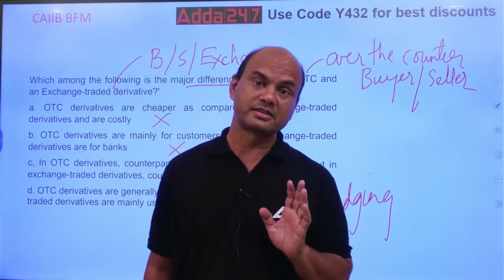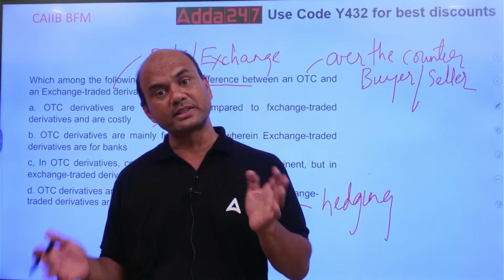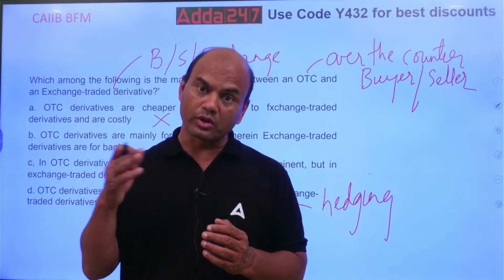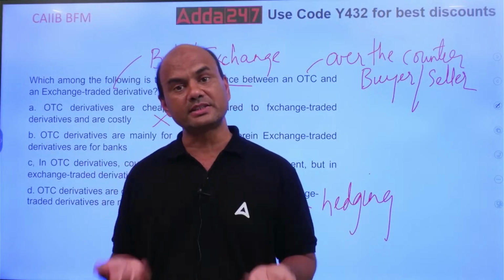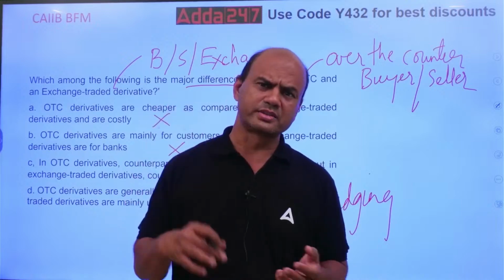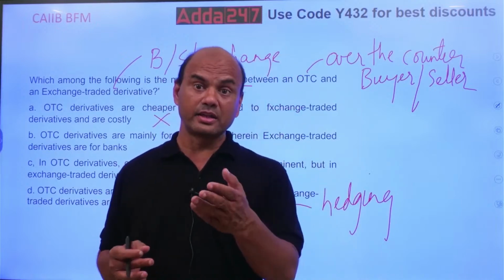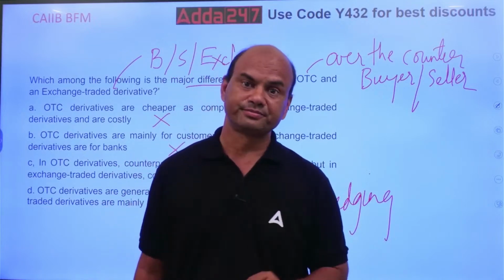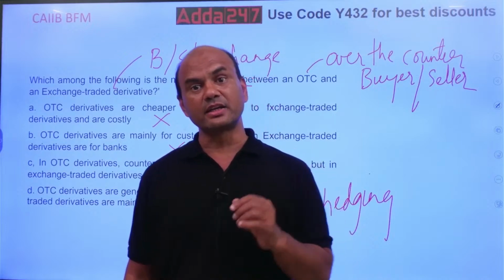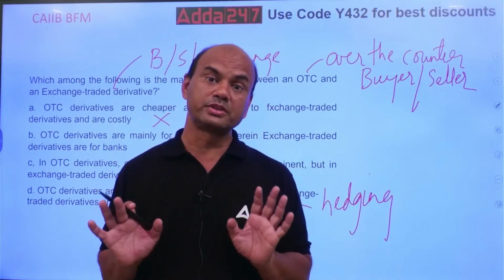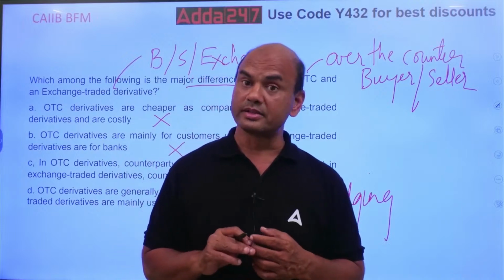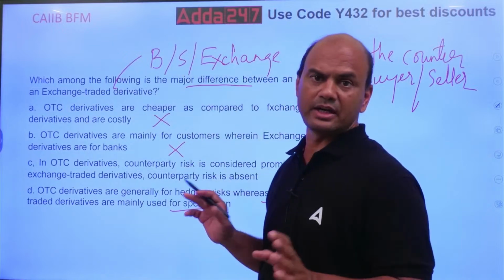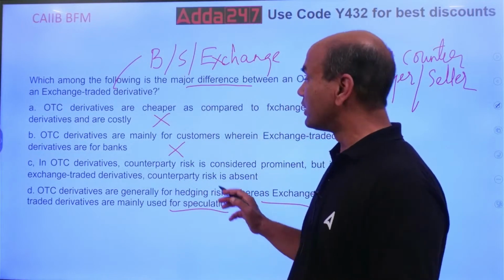What do you mean by hedging the risk? Suppose you have purchased some share for the longer term, to cover the risk for the shorter term. Suppose I have purchased Reliance share for 2 years. Now I am afraid that in the near term this Reliance share might go down. For that I will buy the put option. That is known as hedging, covering my downside position. So derivative products are mainly for hedging. Kindly note this. Clear?